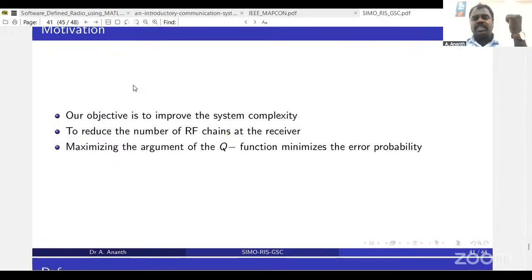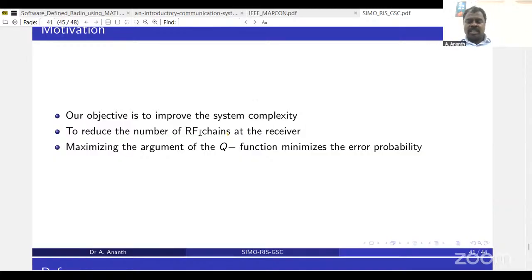We got this Q function, and from this we understood that it can be improved. So we used this Q function and tried to minimize the error probability. And as I told, we want to reduce the complexity involved. So how we have reduced the complexity is that